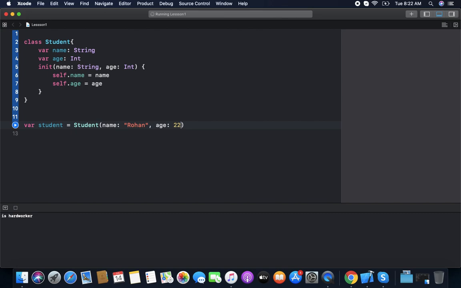If we create a school or a database which stores the details of all the students, we do not want anyone to modify the details of a student.